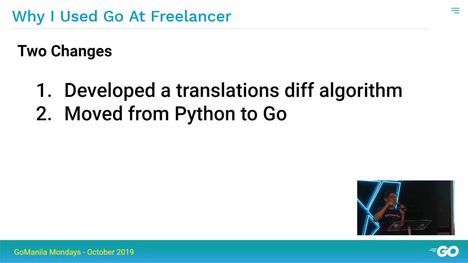We compiled all the new English copies from all the source code. We did a diff of those texts ahead of time before we uploaded them, and then we only uploaded the diff. And the second thing that we did was we moved what we call the CLI from Python to Golang.